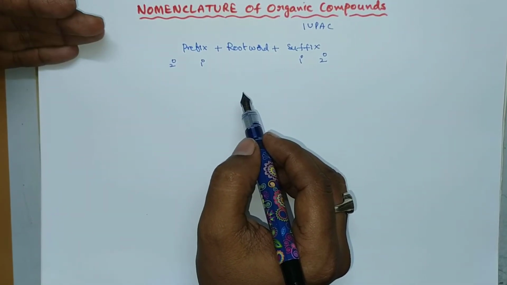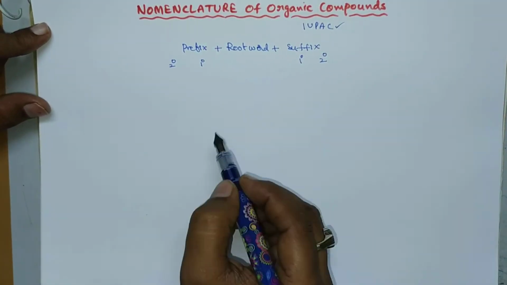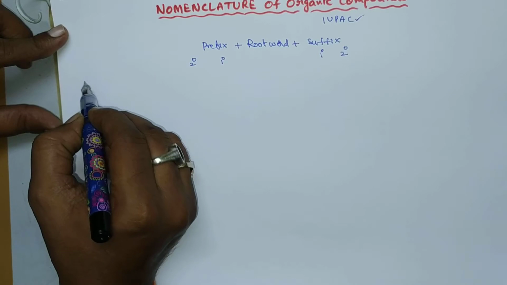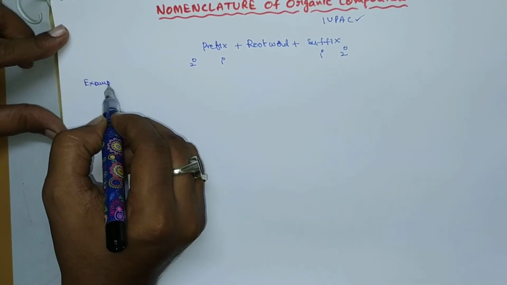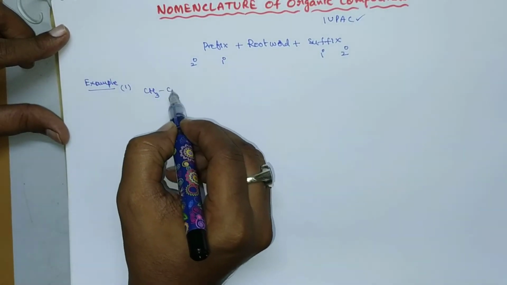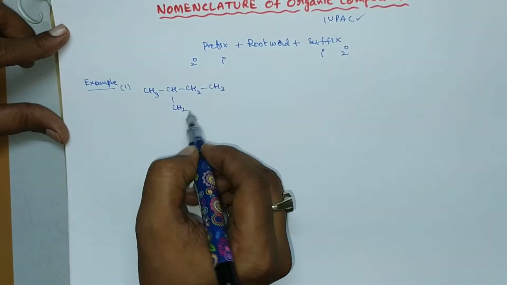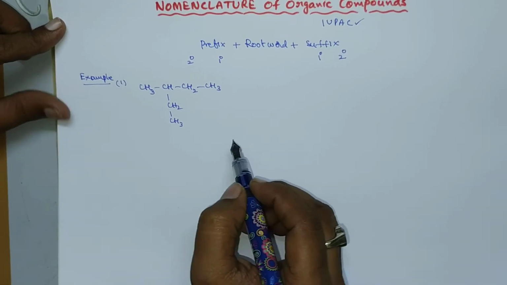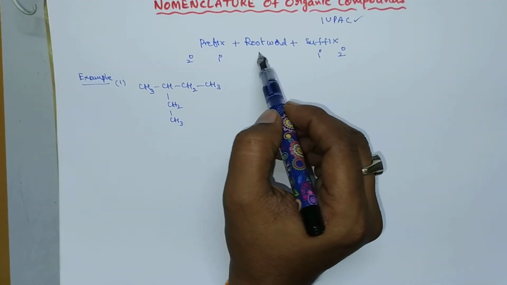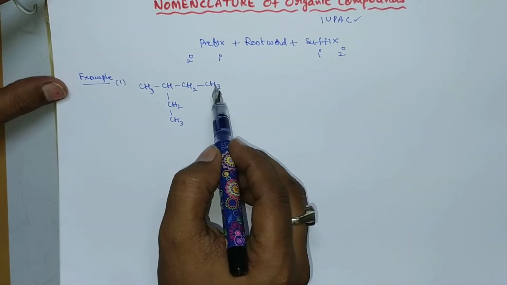So now in this video we are going to discuss how the name is assigned by taking several rules that are given by the IUPAC system. Okay, so let us take the first one to explain the first rule. So take some examples. So the first one, take this molecule. The first step is to fix the root word. So root word indicates the number of carbon atoms. So now we have to select the longest continuous carbon chain.